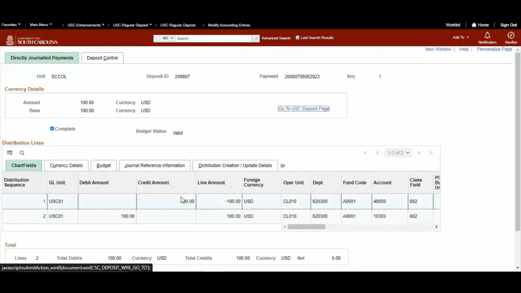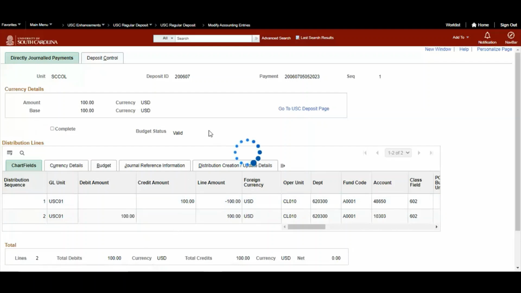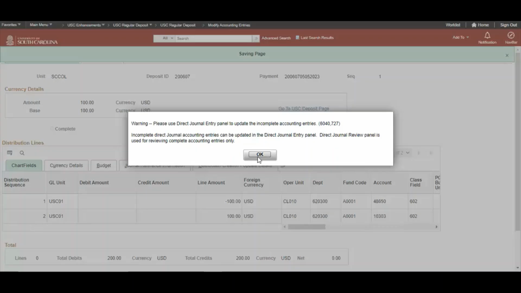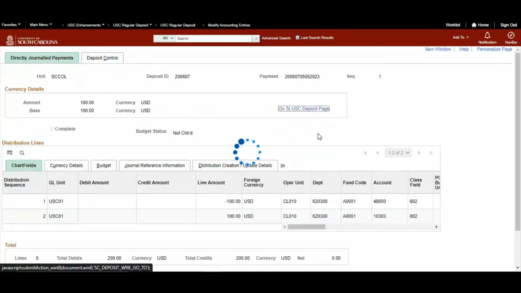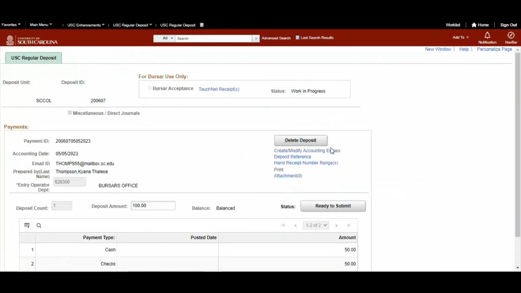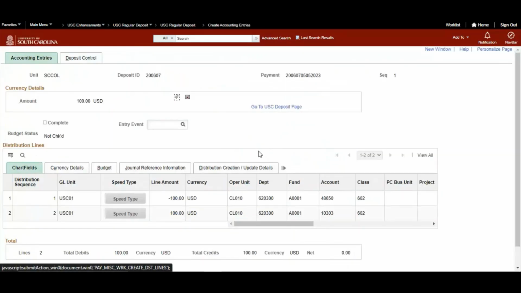Alright, so what we're going to do is kind of go in reverse for things a little bit. In this case, I need to change maybe this account entry. We put the money in the wrong place. So we'll hit uncheck complete, allow it to do its thing. Then you hit save, go back to the USD deposit page, come back into it to let it reset itself, and